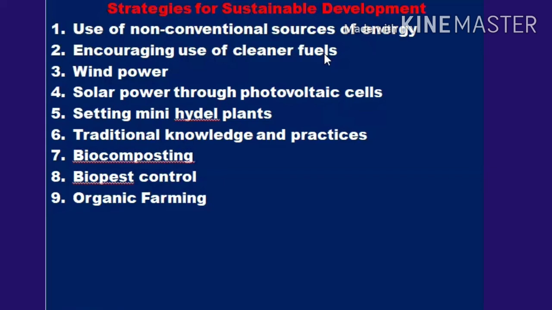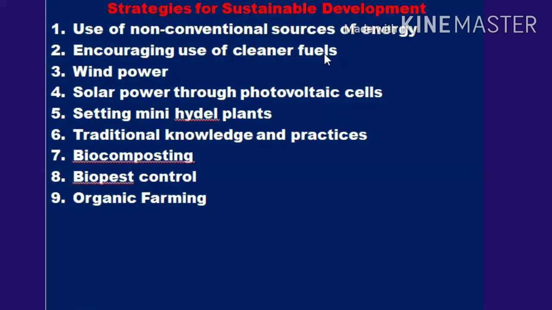That is the suggestion. Second is encouraging the use of cleaner fuel. In rural areas, households generally use wood, dung cake and other biomass as fuel. This consumption pattern has a negative impact, like reduction in green cover, air pollution and deforestation. To solve these problems, the government provides subsidized LPG in rural areas, and LPG is a clean fuel which reduces household pollution to a large extent. So energy waste is also minimal.